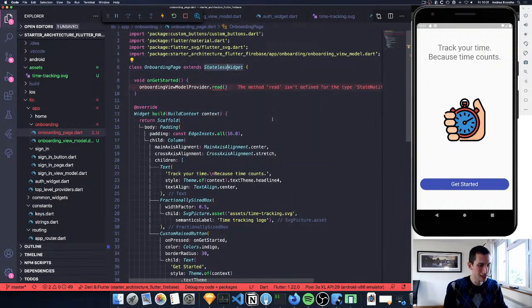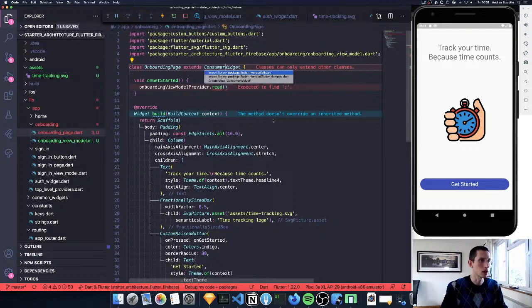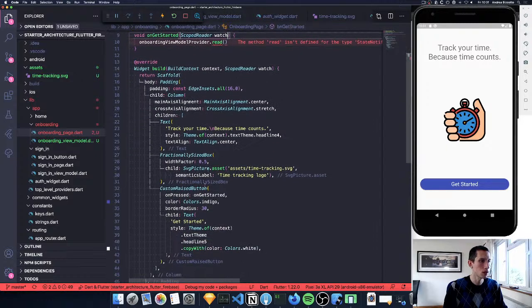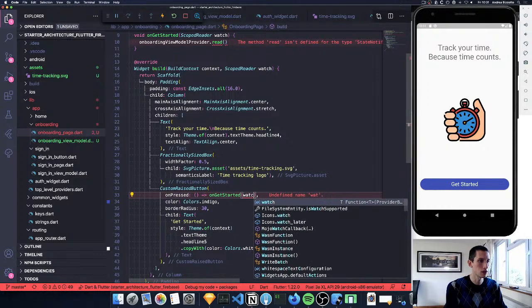One way to do this is to change this to a consumer widget, which I can import from Flutter Riverpod. When I do this, I need to add a scoped reader watch argument to the build method, and this is something that I can pass to the onGetStarted method. So what I'm gonna do is pass this along, and when I call this, I can call it as an anonymous function and pass watch as an argument,